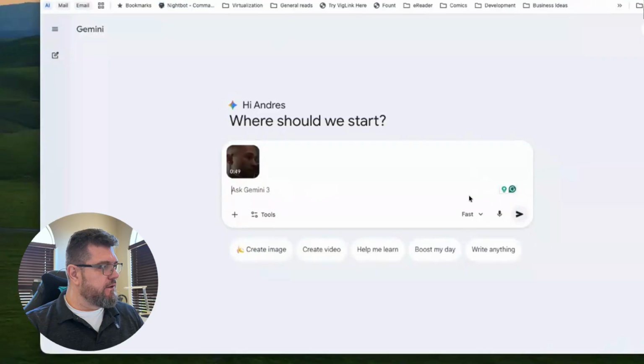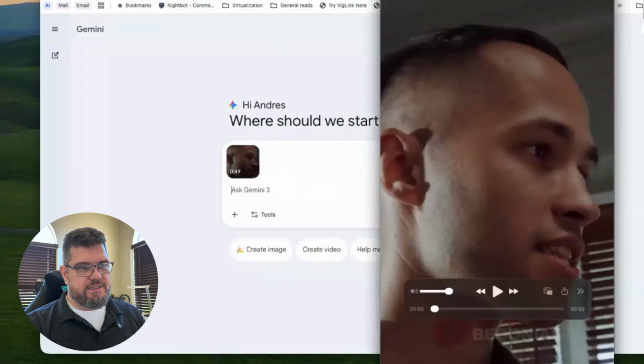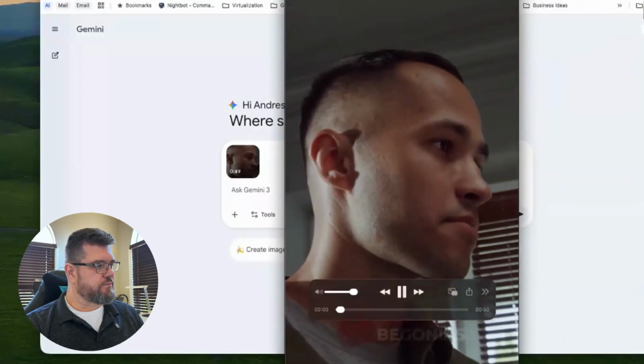So I'm going to show you a couple of ways to get sources from transcripts, and from there we'll see what else we can do. The first one I want to show you is with Gemini. So in Gemini, you select the fast. You don't need the pro or anything else. Just the fast one should be enough. And what you do is you drag a video there. The video that I have here already dragged is this one.